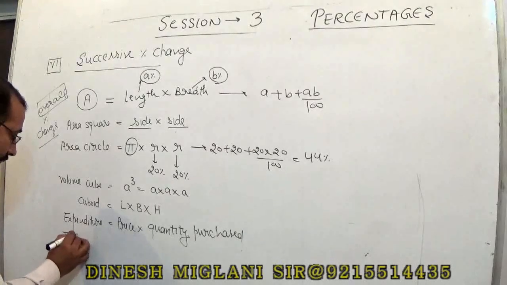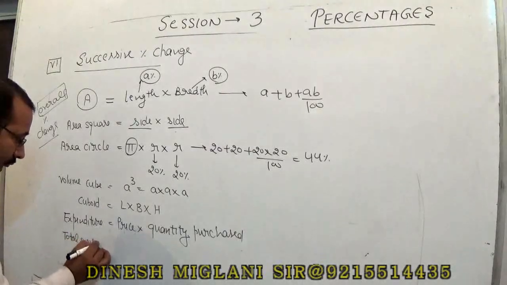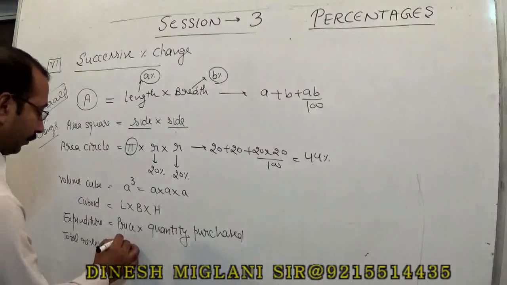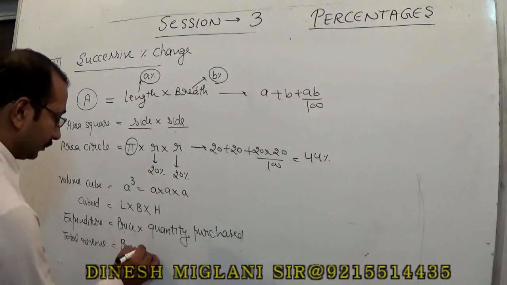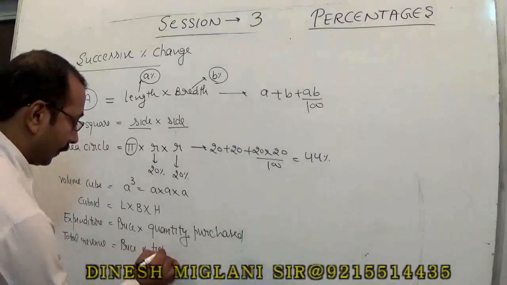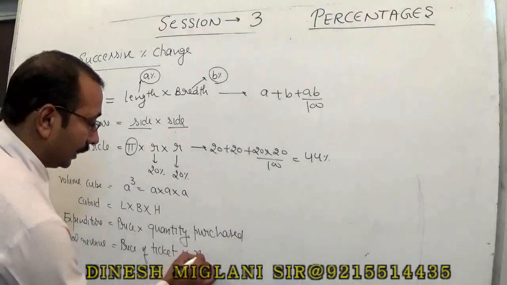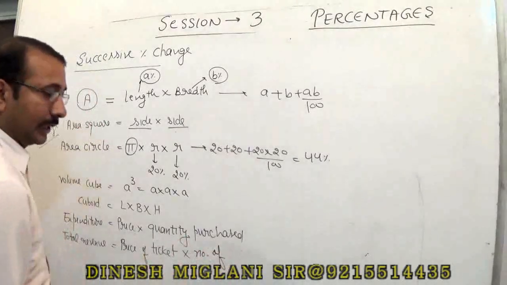Total revenue, price of a ticket into number of tickets sold,